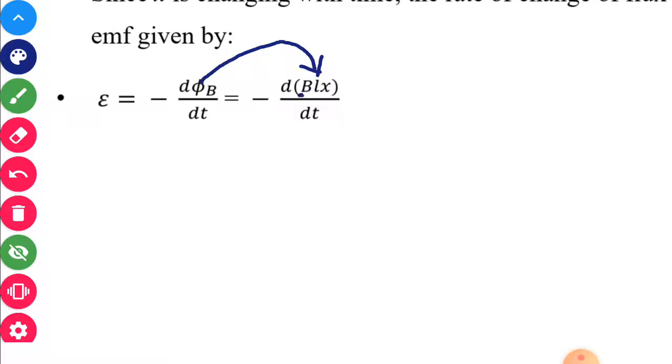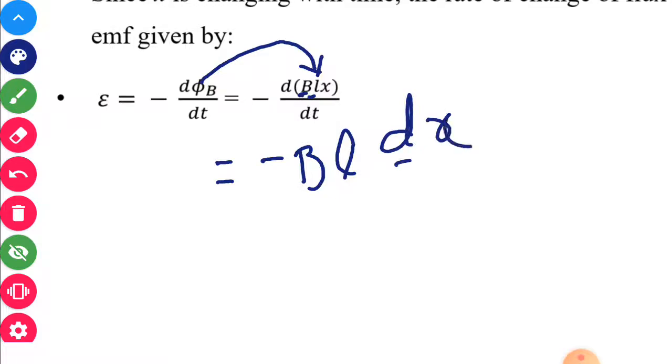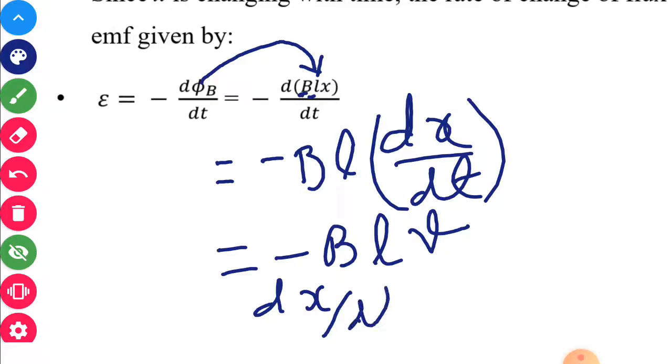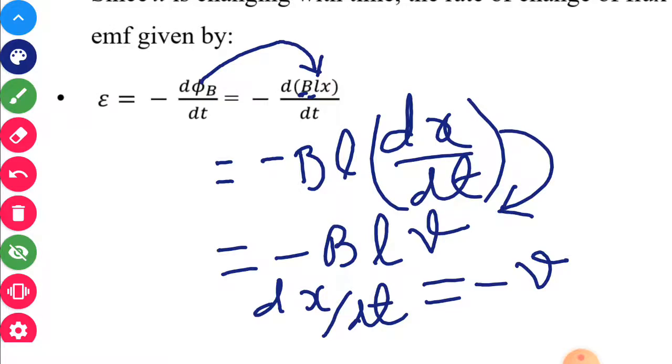Now this magnetic field B and L, the length of the rod, are both constant, so they are taken out of the differentiation. So BL times dx by dt, and as you know dx by dt is velocity, so it becomes minus BLV. Now if you take this dx by dt to be minus V, then the electromotive force,